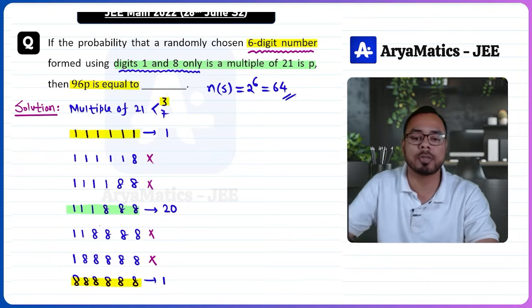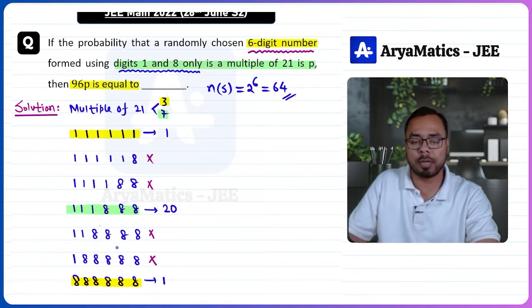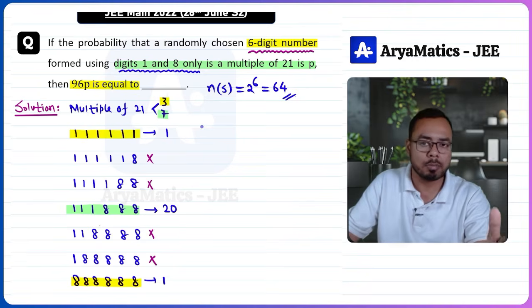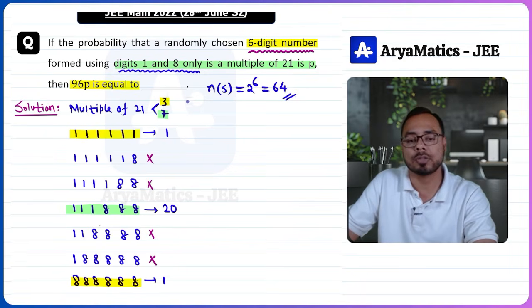We still have to check whether those numbers are multiples of 7 or not. So these are the 22 numbers, right? Total 22 numbers you can create which are multiples of 3. Now let us write those numbers, at least a few numbers, so that we can verify whether they are multiples of